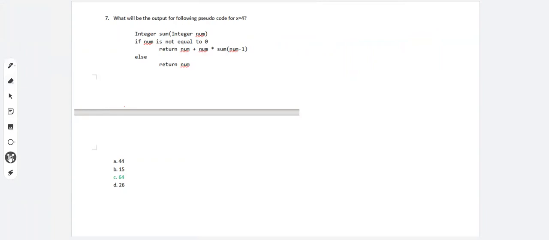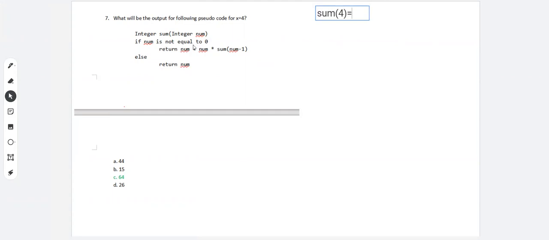Okay, so the best thing to do when we evaluate recursion is to take it step by step each way down until we get to the base case. So the base case here is basically if the number equals 0, then we can finally exit out of the recursive calls and then start working back. So let's just take it step by step. So we have sum 4 equals, and this is what we're trying to evaluate. So what does sum 4 equal? This equals